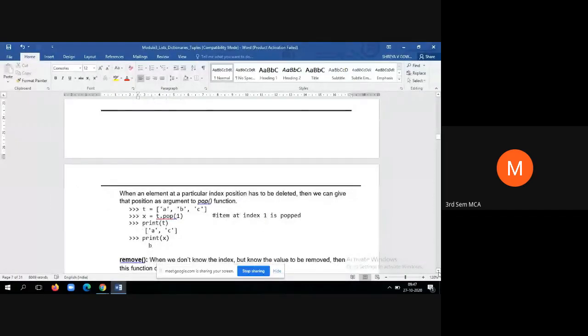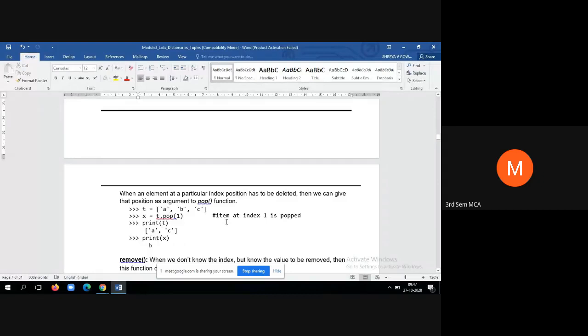Now there is a variant of the pop method which also accepts one parameter. That parameter is nothing but the index value. If you are interested in deleting a particular element, then you have to pass its index value as a parameter so that you can delete that particular element. Look here, there is a list t is equal to ABC.